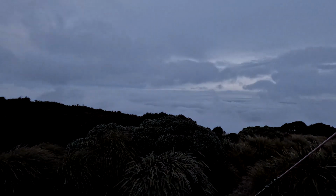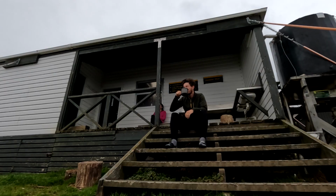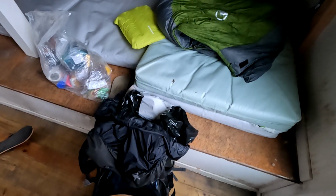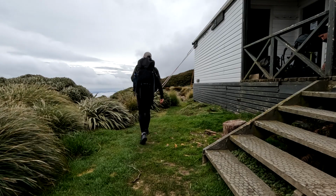In stark contrast to the windy day before, the morning was calm and gloomy. I was up early to enjoy my morning coffee and pack up my gear ready for the day ahead of me. Remember to sign into the hut logbook and clean up after yourself, taking any rubbish with you. And after putting my shoes and bag on, I was off again, heading back out to the car park and